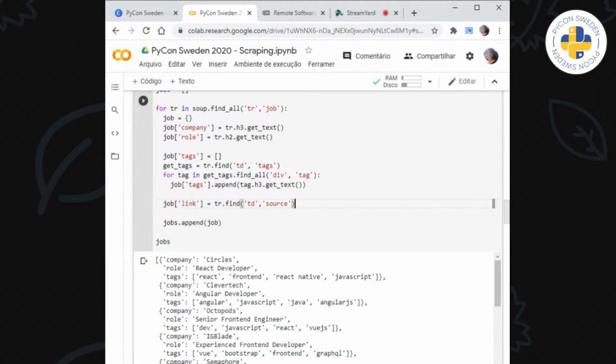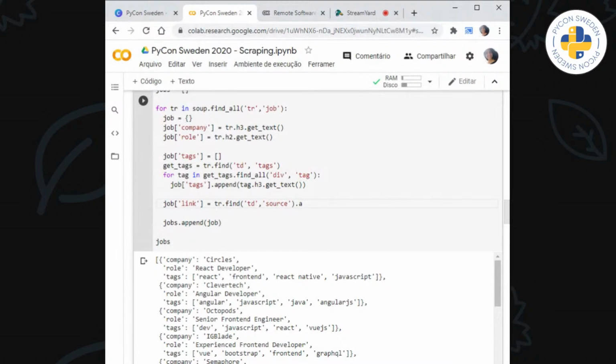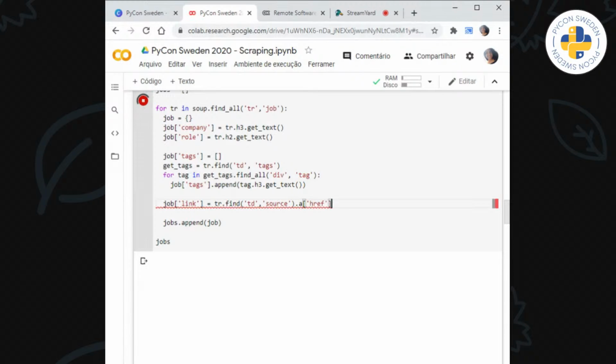So here we should be getting the whole column. But what we want is the link. If I do this, or if I do this, for example, I'm not going to get the link itself because the link is inside this part of the link of the tag. So for me to get that, I need to type between brackets like this. So right now I should be returning the links.